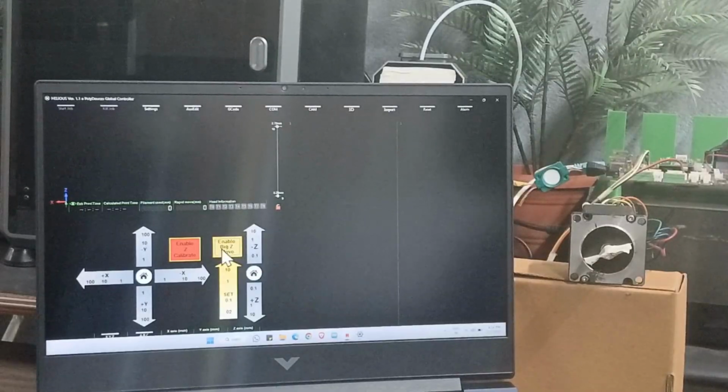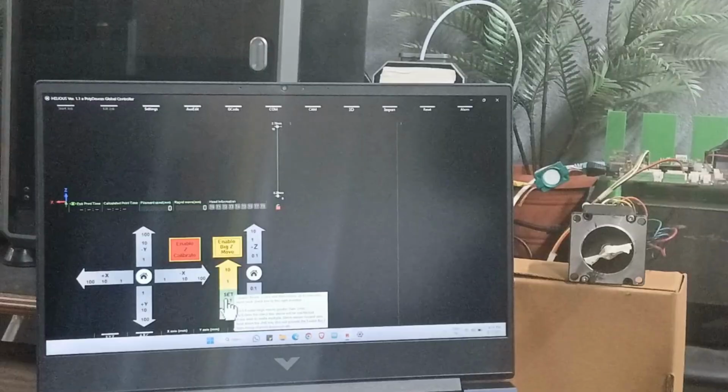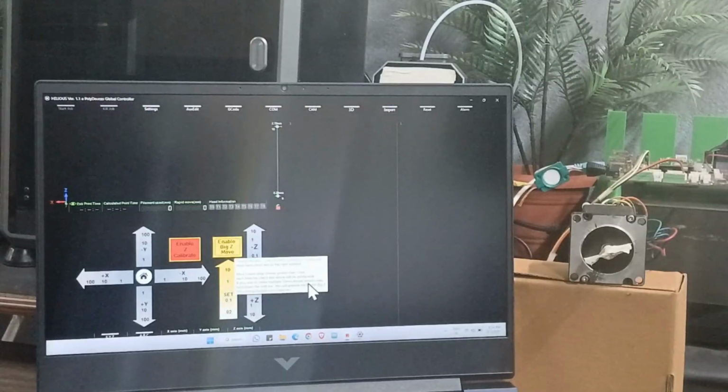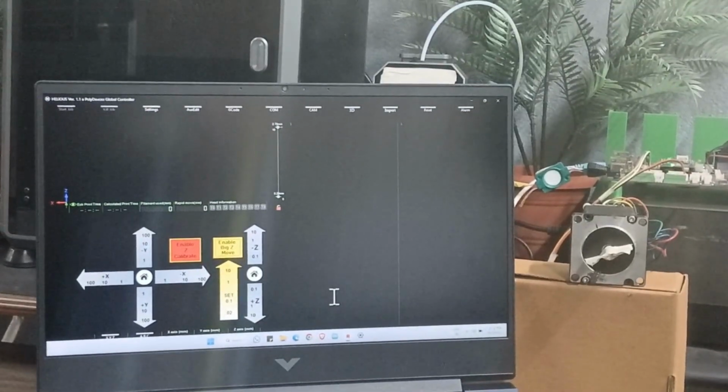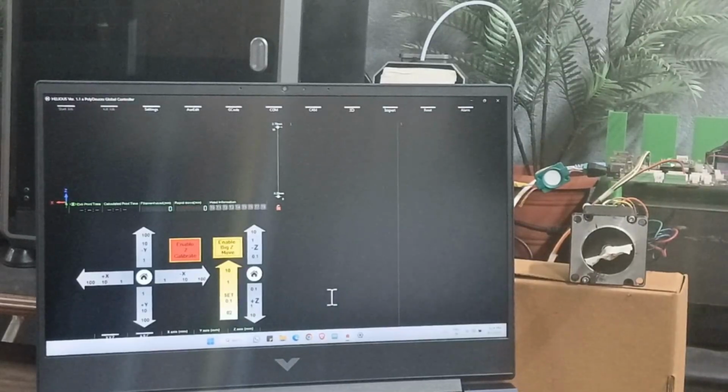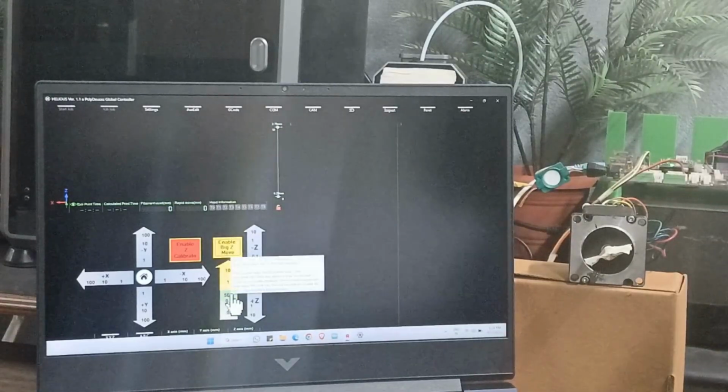Okay, then there is also set position. You can see 0.1 set. With set position, you can define a custom step size like 0.1, 0.2, in minute steps for very precise calibration. We use this set button.